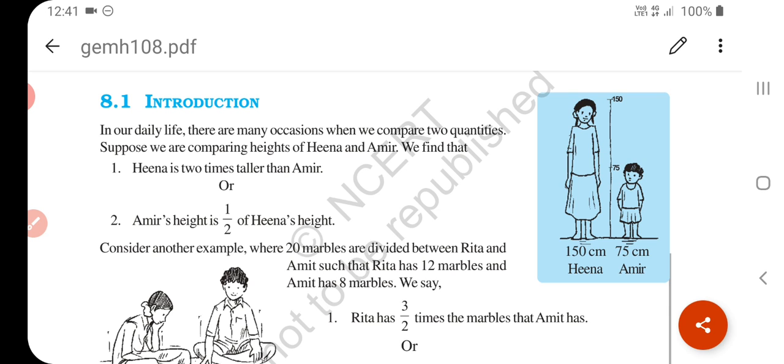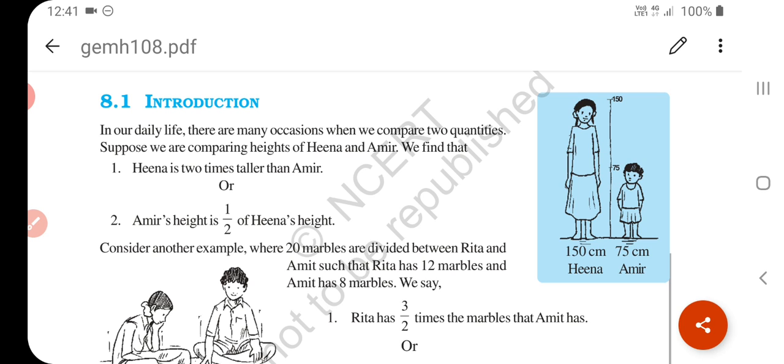For example, suppose the recommended number of water lilies for an 8 square meter pond is 1. So we can say the number of water lilies is 1 and the area of the pond is 8. Understand? In a pond spread over 8 square meters, how many water lilies are there? Only 1. So we can say that the number of water lilies to the area of the pond are in the ratio